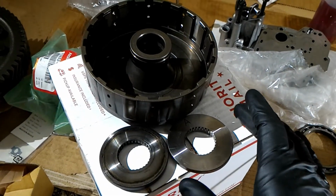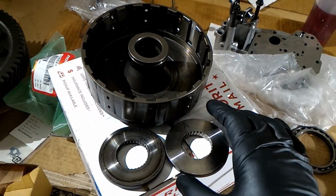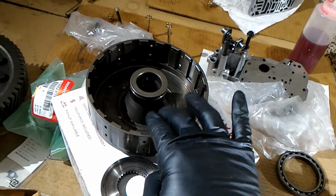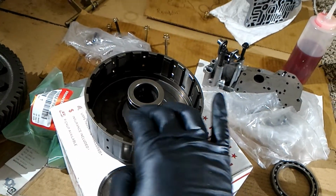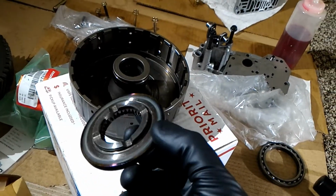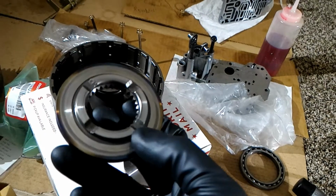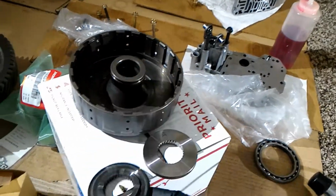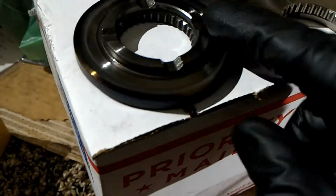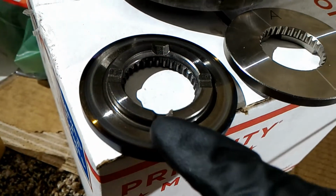Alright, I'm pretty sure I already said this, but this is extremely important. The reason why that return spring deformed and it got squished down and it ground everything up was, I'm pretty sure a big part of it was the lack of lubrication. So here's the original one. And these channels right here,